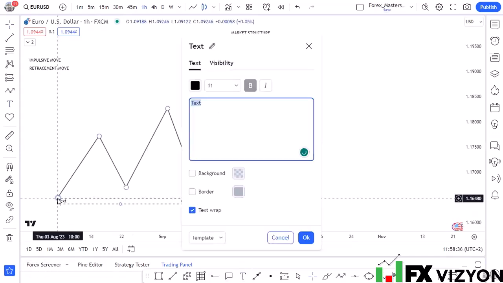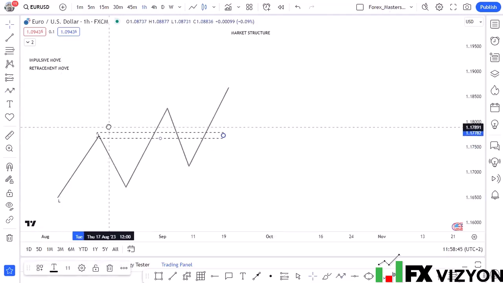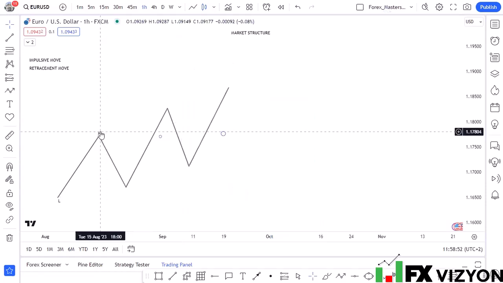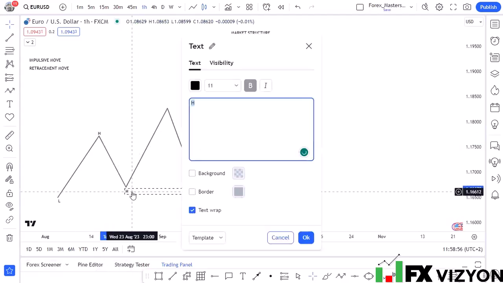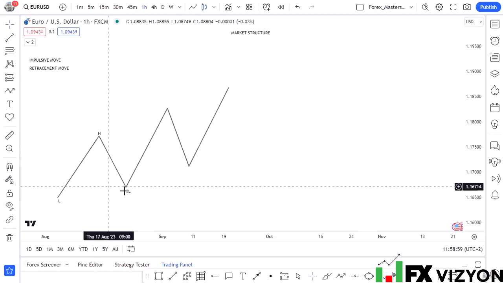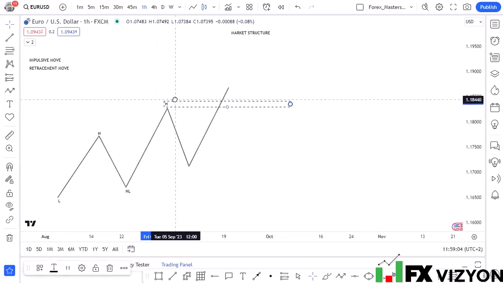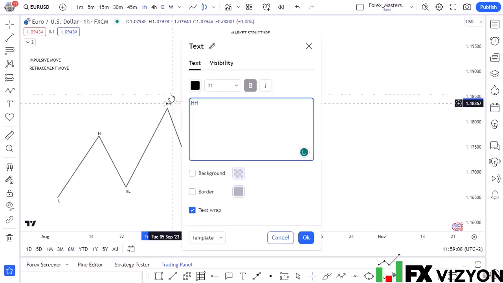Here we have a low, then the market produces a high, and from the high, the next thing we see is the market producing a higher low. For an uptrend market pushing to the upside, it has to be creating highs that are higher than the previous highs and